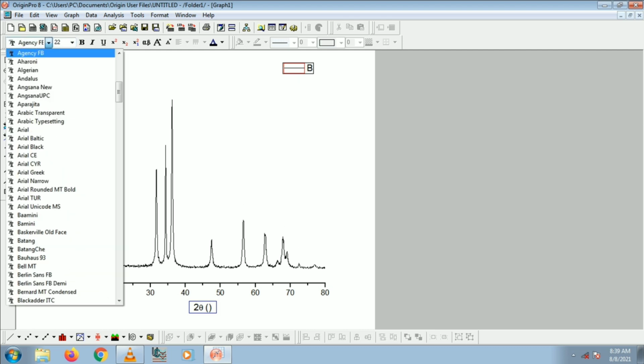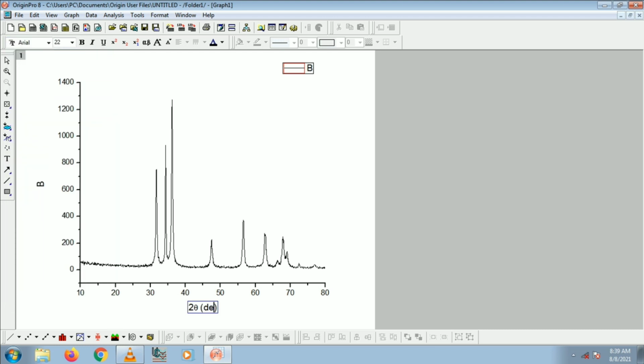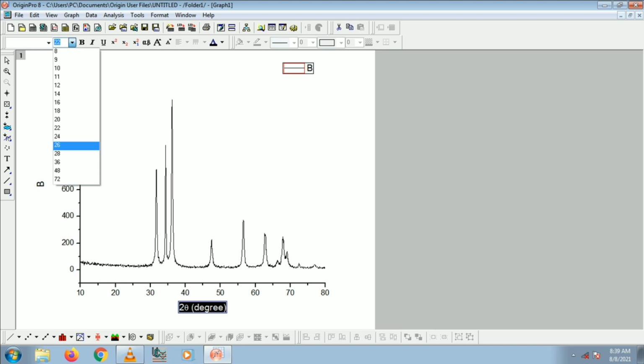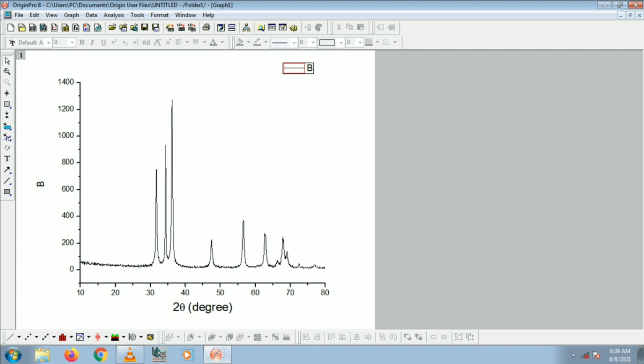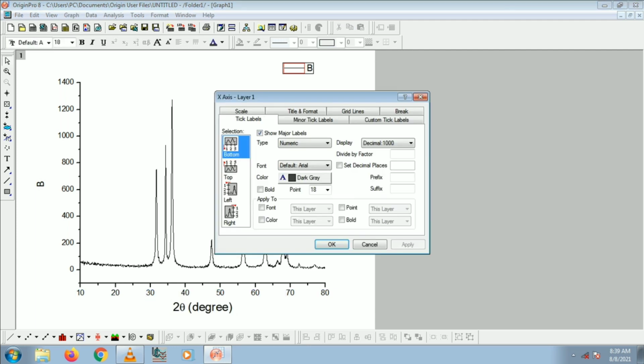After inserting the symbol map, we have to write the unit. The unit is degree, and we can change the font size by selecting the proper font size.